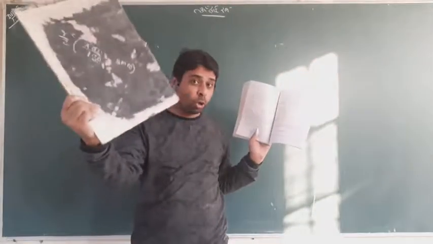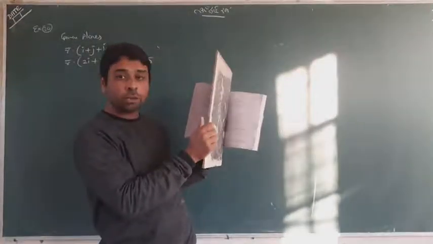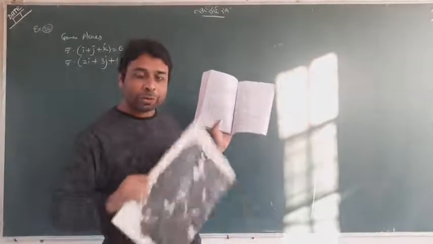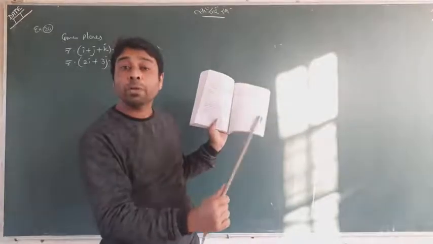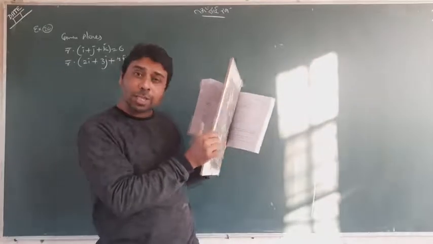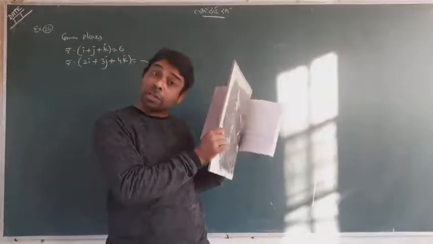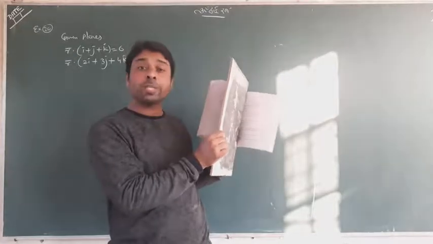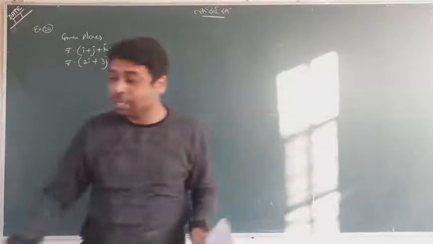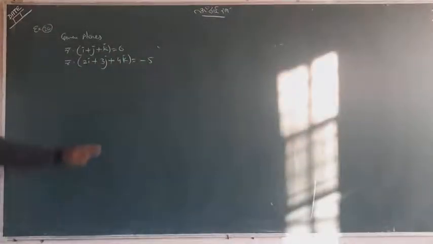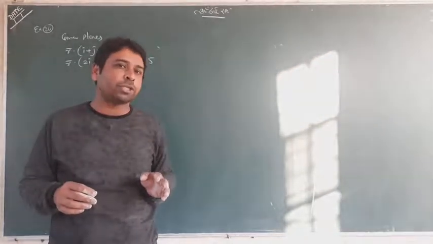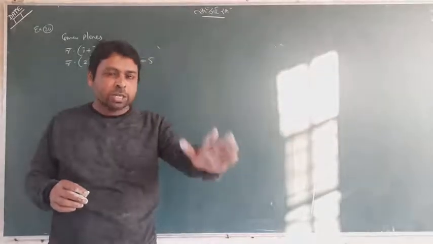We have to find this plane, which passes through the intersection of these two planes. Also, this plane is passing through (1, 1, 1). Can you read? This plane is also passing through (1, 1, 1), along with passing through the intersection of the two planes. Two conditions are very important, where the condition that this plane is passing through (1, 1, 1) helps us find the value of lambda. So we start first: these two are planes in vector form. I will convert that into Cartesian form, which is going to be so easy. Try to understand, try to learn.